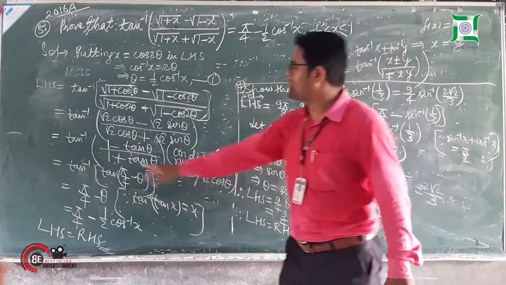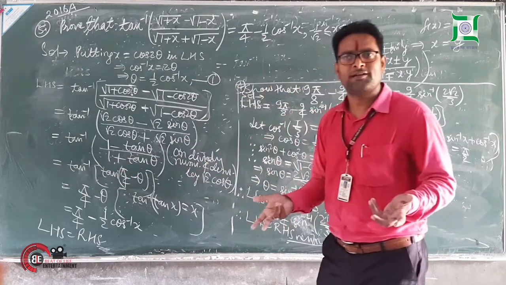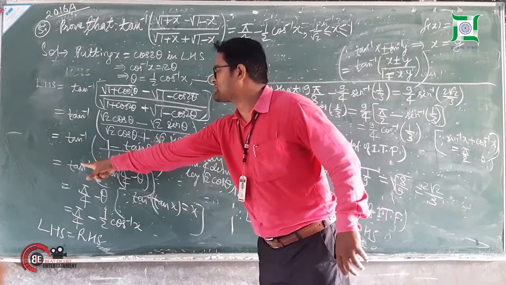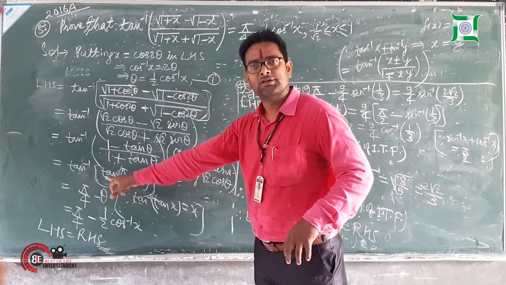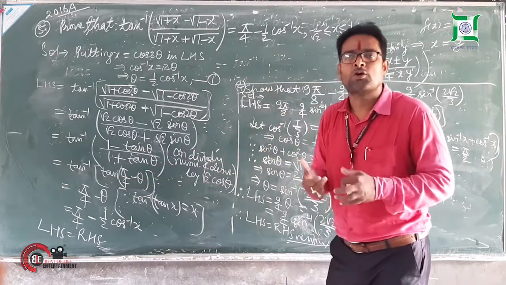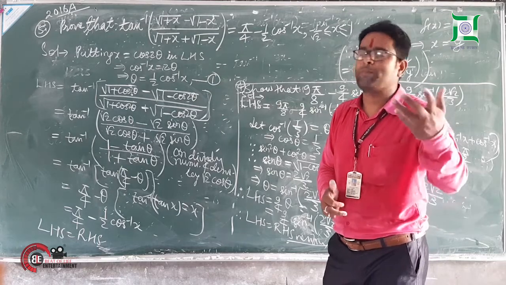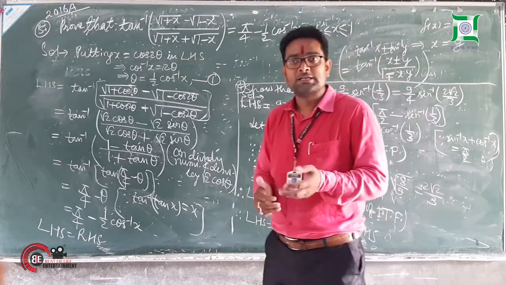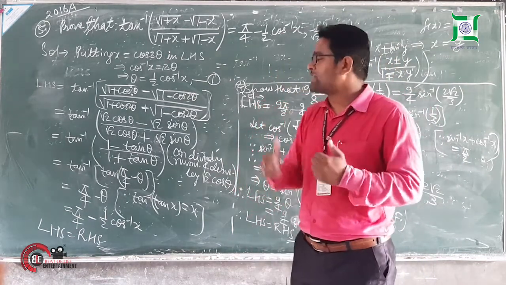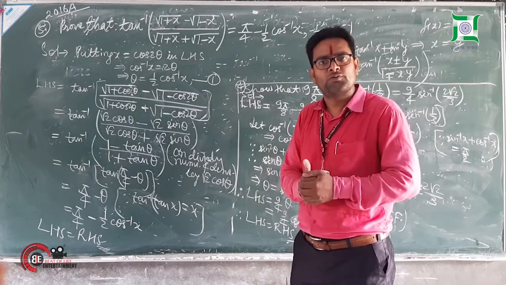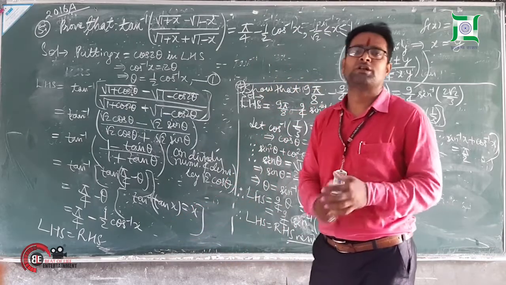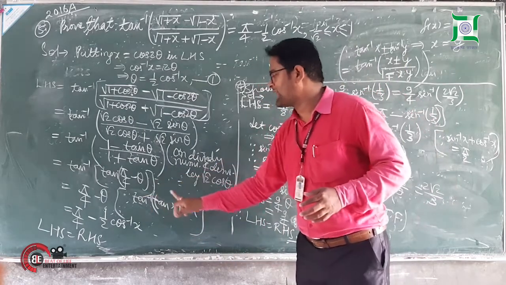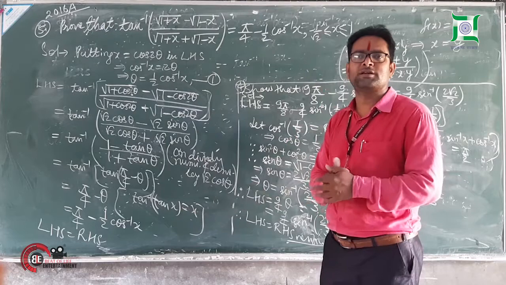Why? Because I have tan inverse here, so I should get tan. If it is cot inverse, I will plan accordingly to make it cot. In that case I have to apply the formula for cot A minus B. If I am applying for sine, I have to apply sine A minus B. So that sine inverse and sine can be easily removed according to the properties of inverse trigonometric functions: the inverse of a function applied to that function of x gives the variable x.